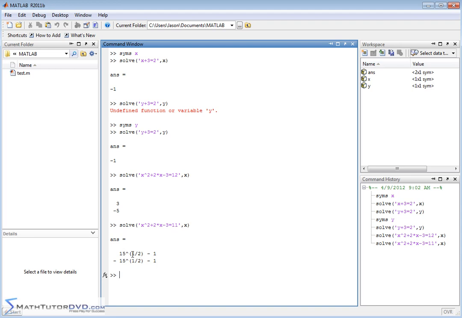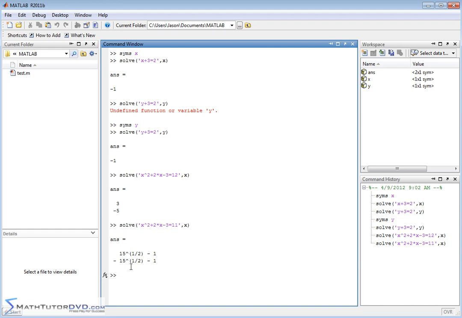It's the square root of 15 minus 1, and it's negative square root of 15, or square root of 15 with a -1 out in front, and then also -1. So we get the same two answers as we would get in a calculator. It's just that it's keeping it totally exact, and that's what the symbolic toolbox in MATLAB is always going to